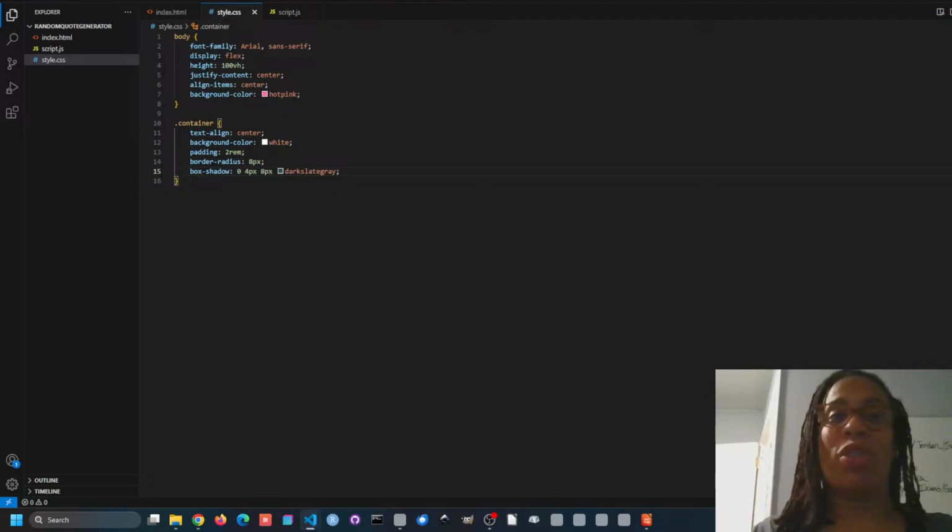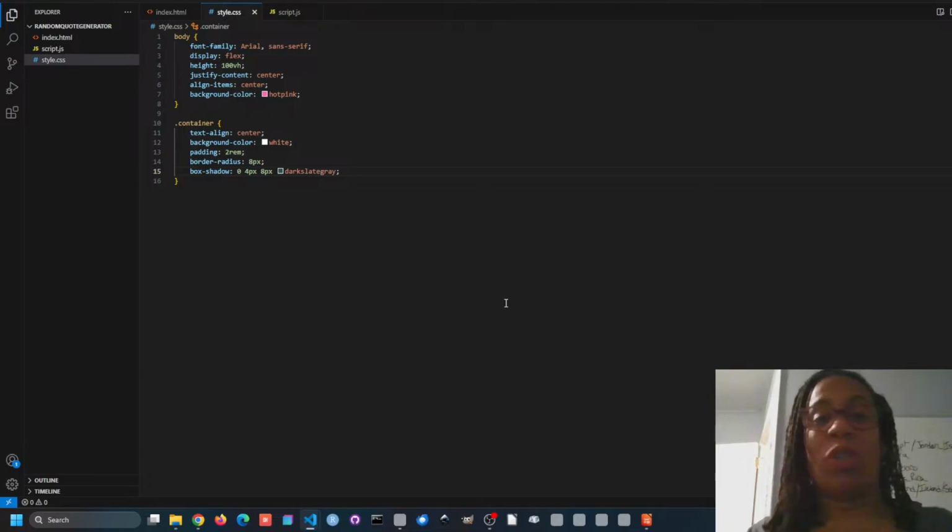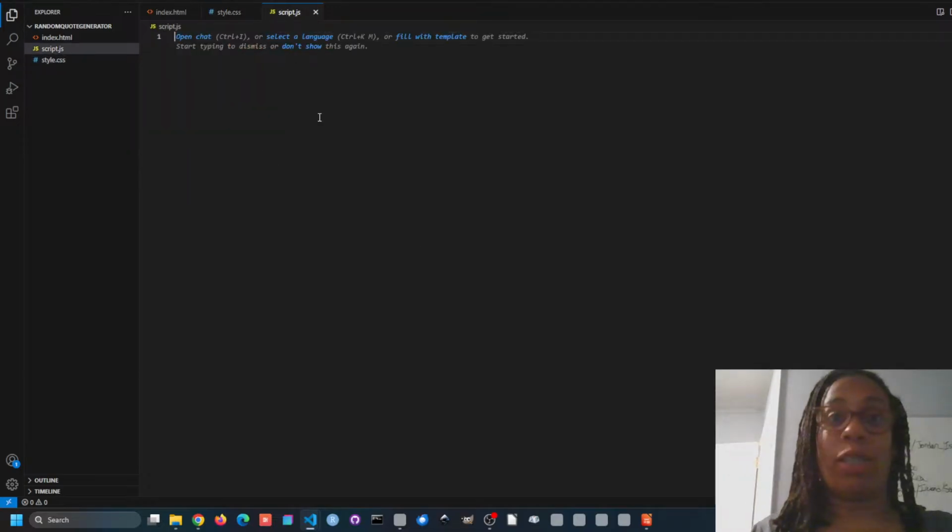And now what we're going to do is we are going to set up the JavaScript. This is where the magic is going to happen. And this is where we're going to make sure everything works as expected. And we're also going to make sure that we can check for errors in the event that it doesn't work. So let's start off with telling the script what elements we're going to be working with